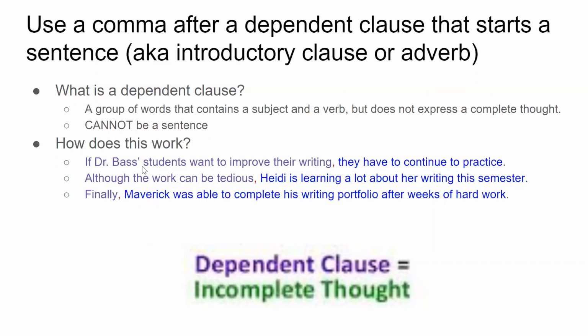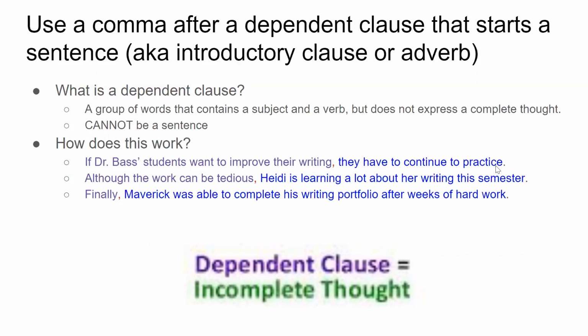If Dr. Bass's students want to improve their writing, they have to continue to practice. You will see here, "If Dr. Bass's students want to improve their writing" is not a complete thought. However, we often need to take a pause after this introductory clause. You will see what comes after the comma here, "they have to continue to practice," is in fact a complete